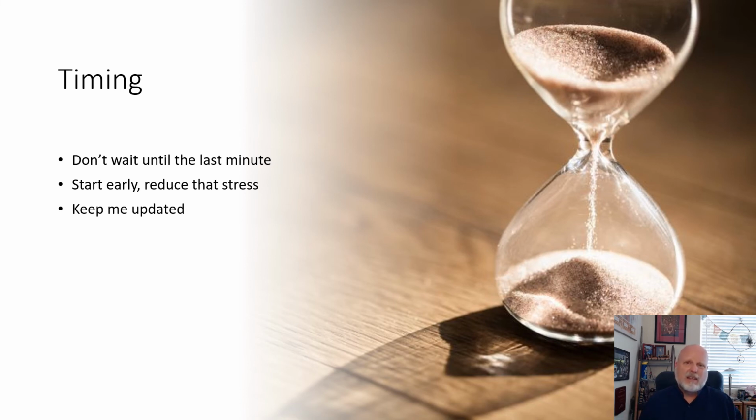Timing. Please don't wait till the last minute because this can impact your final grade. It is a big project, not a complex project, but if you wait until the last hour to do it, you're going to lead yourself into stress and anxiety and all those horrible things. So start early. Go ahead and start taking notes as you're doing the chapters and putting it together, and that will reduce your stress because guess what? The biology teacher, the algebra teacher, the geometry teacher, all of them will be putting stress on you to study for your final. And I don't want to be part of that stress.